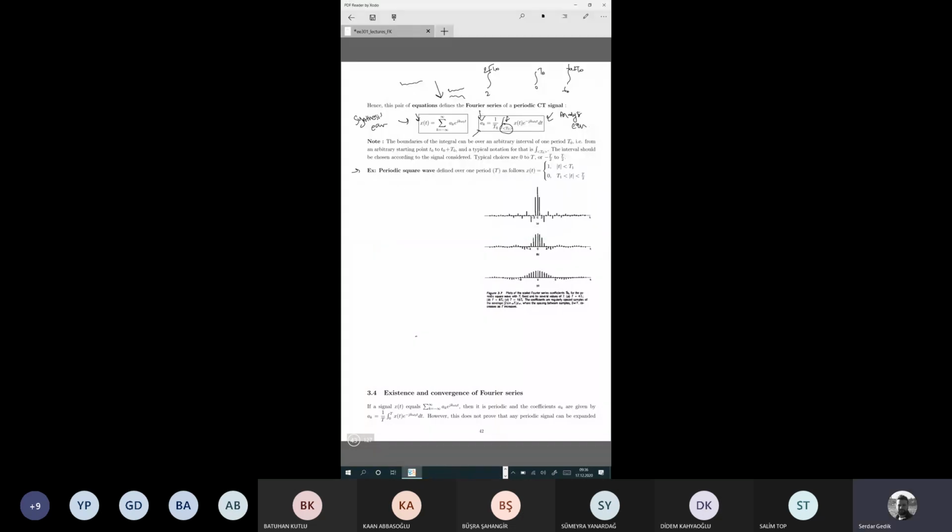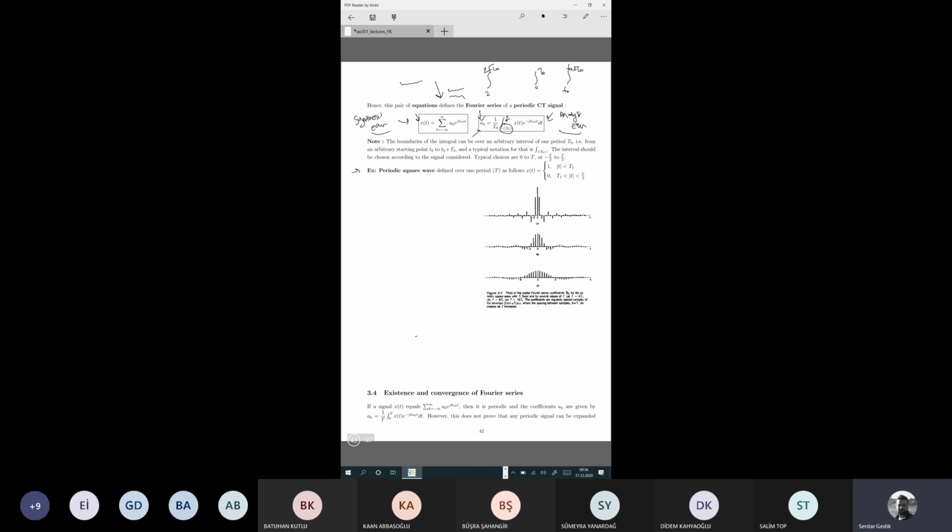Hello once more. Today we will continue the Fourier series expansion for the continuous wave signals. We have left at the periodic square wave example, and in the previous lecture, remember we have defined synthesis and analysis equations. So today we will continue with more and more examples. Well, in the example, we are asked to find the